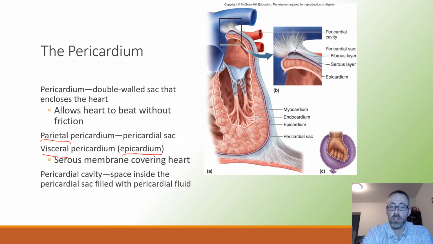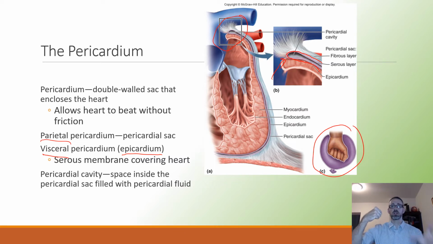So if you take a look at the cartoon here, particularly at the top corner, you'll notice that the part that's connected directly to the heart turns on itself and then becomes the parietal pericardium. And the parietal pericardium is not directly adhered to the outer surface of the heart. An interesting way to think of this: if the fist is the heart, take the fist and push it into a partially inflated balloon. What's going to happen is